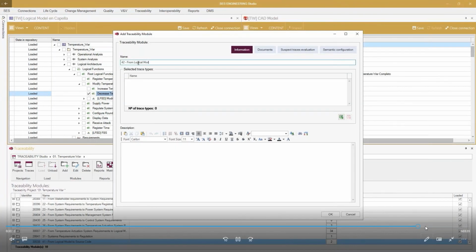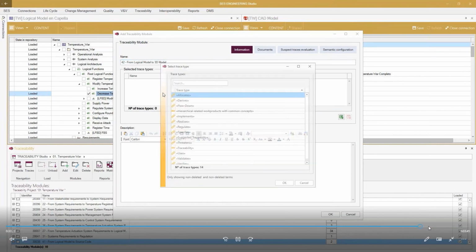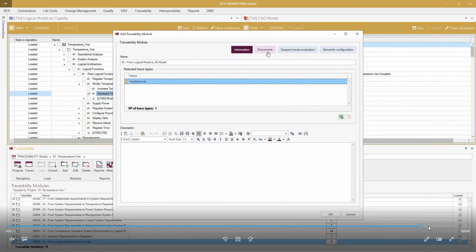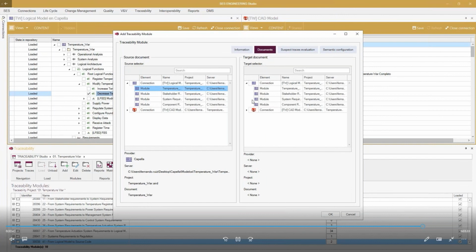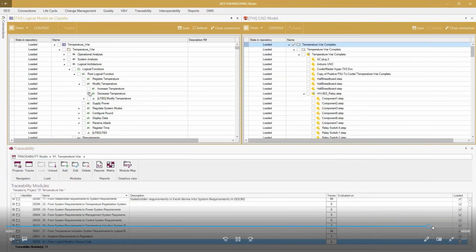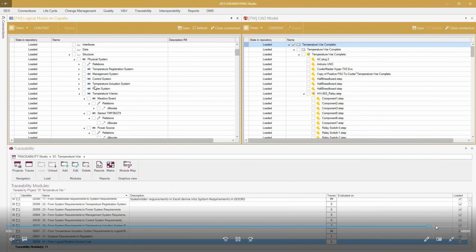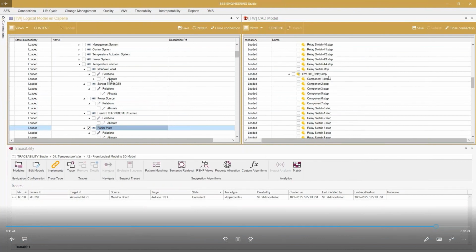And now final is traces between the Capella model and the physical model in SolidWorks. So I create the traceability module. Move forward a little bit. And establishing the trace is as simple as before. You select an element from Capella. You can open the search screen if you wish to select your element in your physical model and establish the